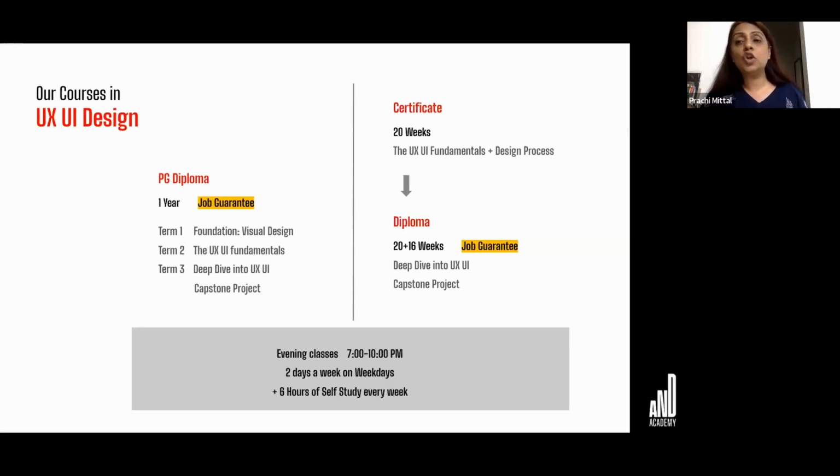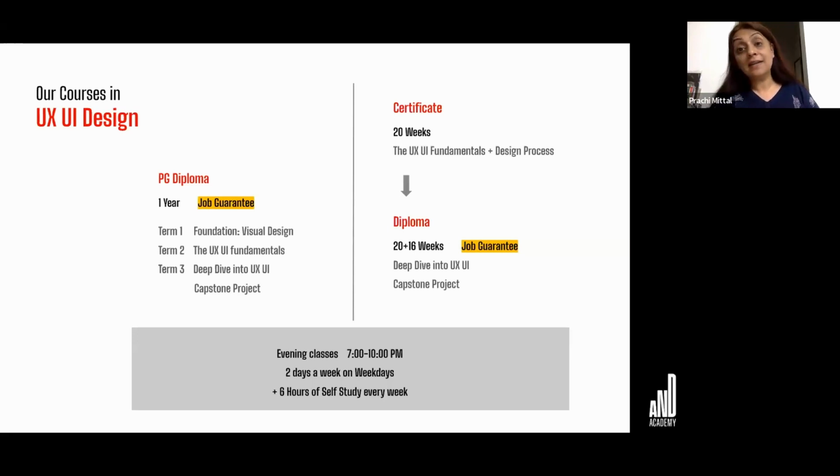If after that you're confident that you want to learn more and really be a professional in this space, then you can extend your learning journey by moving to the second term, which means after the 20 weeks of certificate course, learn for another 16 weeks, when we deep dive into the UX UI process, and we do 2 advanced level projects. The fun of it is that you don't need to decide whether you want to do the diploma when you start your certificate.